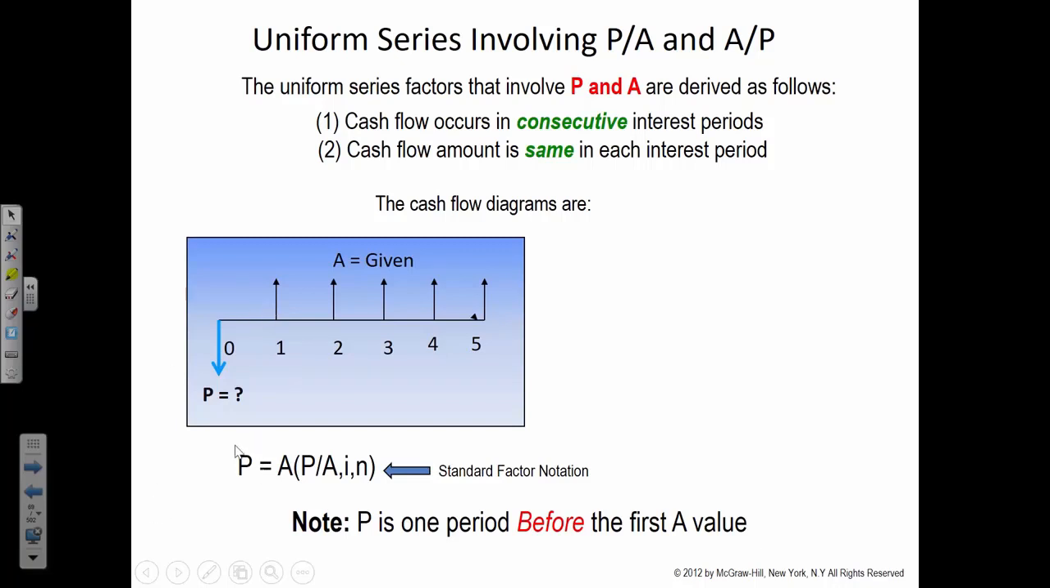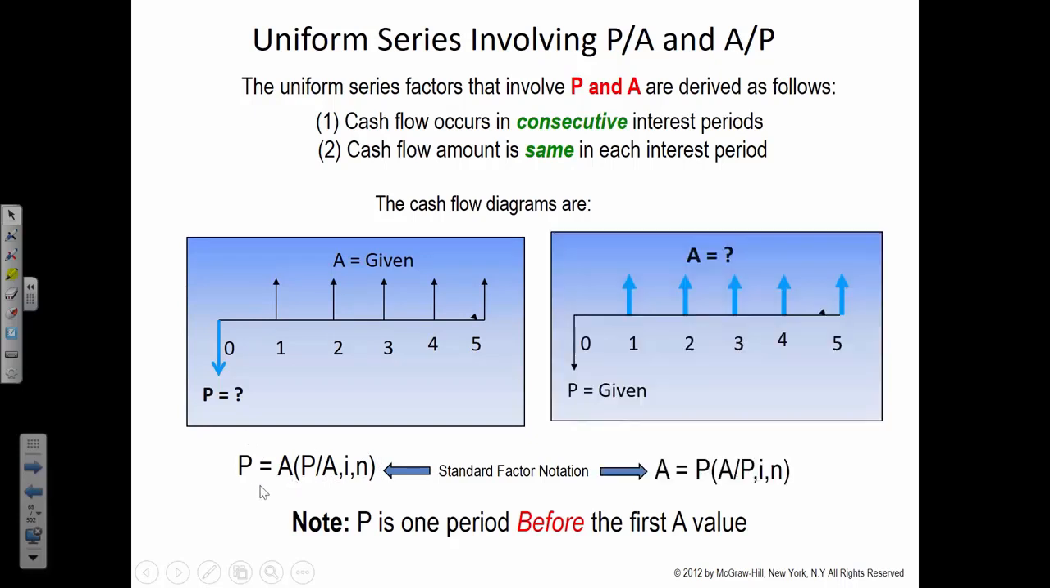So here you can see find P given A means that you're going to look up the factor or calculate the factor for P/A and then multiply it by the annual amount. And that's how you find P. Or there can be the situation where you know the present amount and you're trying to find out what's the